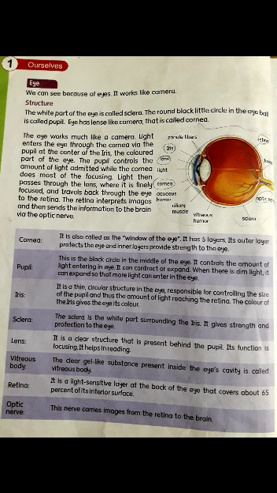Lenses are present behind the pupil in your eyes, and the function of the lens is to focus something, and it helps us in reading. Vitreous body. Vitreous body is a gel-like structure that is present in your eye cavity, and that gel-like structure gives shape and strength to your eye.